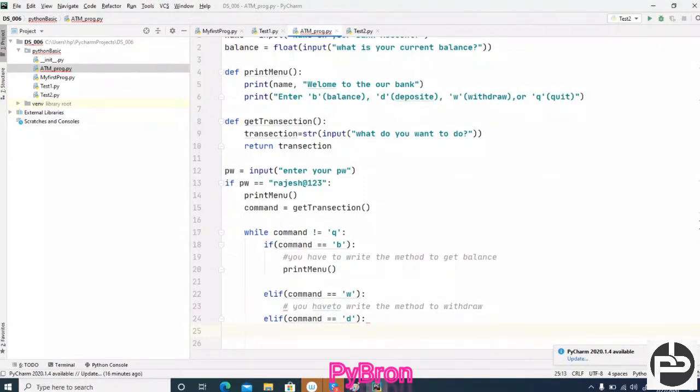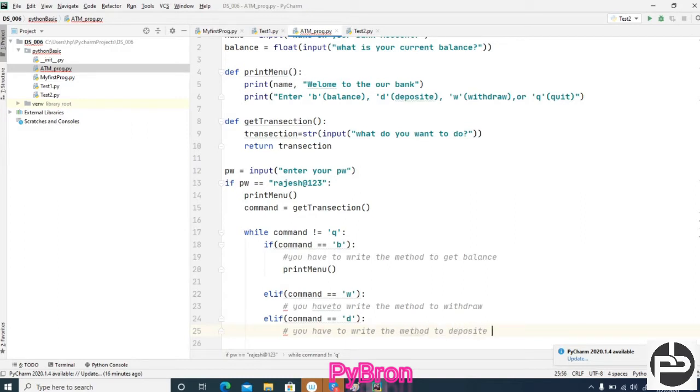If suppose I have 50,000 and now I am going to deposit 10,000, once you deposit 10,000, that effect also should come inside the balance. So again you have to write a method here, and you have to call it here. Hope it makes sense. No doubt at all. You have to write the method to deposit.